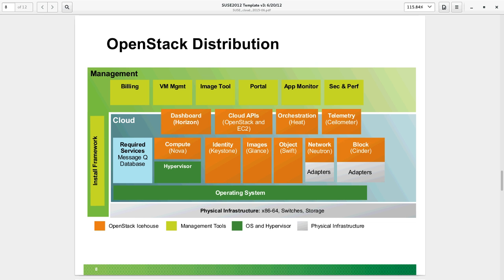And then you'll see there's a networking component called Neutron and a virtualized block solution called Cinder, and those have adapters that reach down through the operating system to talk to the actual physical infrastructure, storage or the switches, depending upon whether we're talking about block devices or networking.